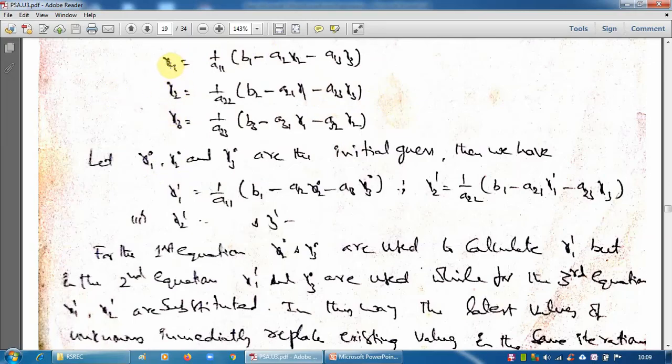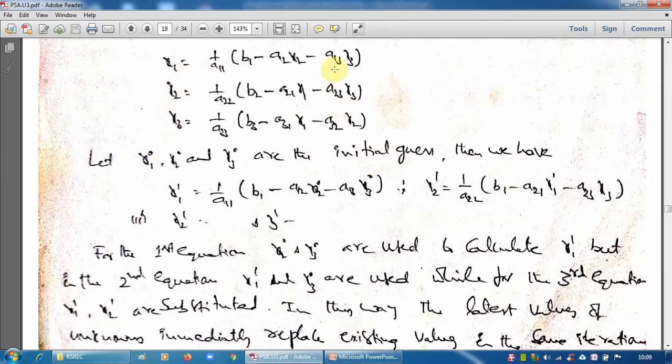Gauss-Seidel method is an iterative method, and the method goes like this. First you assume some initial values. You assume, based on the previous knowledge, some values for this x1, x2, x3. Here our final aim is to determine the values of variables x1, x2, x3. For that purpose, first assume some value. This is called initial assumption or initial guess. Let those assumed values be x1 0, x2 0, x3 0, the initial values.